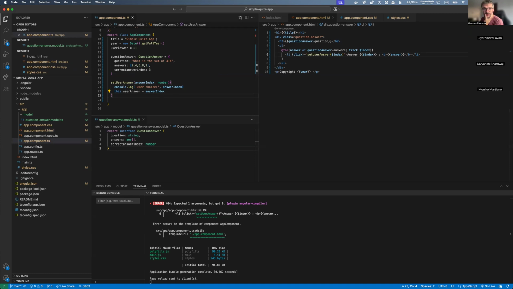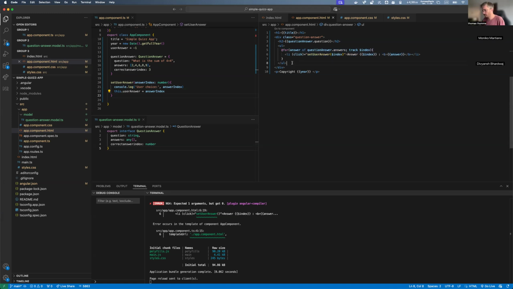Great, perfect. So what we want to do now is to display here whether the user is right or wrong. How can we do this? Well, we can use some directives here, using the if. We have the UL, and maybe we'll do a new div here with the answer.